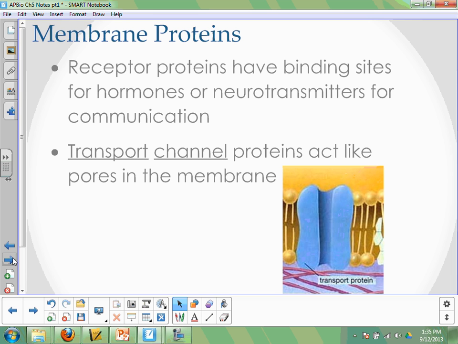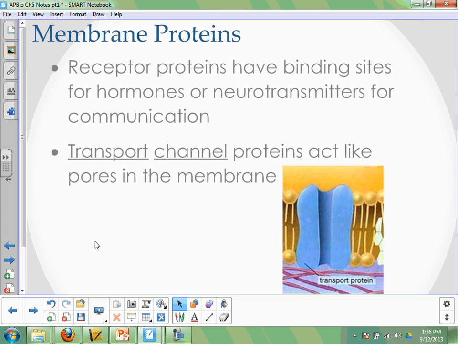And the third job is transport. We further subdivide transport proteins into two subsets. There are ones like in our diagram here, which is called a transport channel protein. It's basically like a tube or like a pore, where something can go from the outside of the cell and travel through the channel, through the pore, and end up on the inside of the cell, or vice versa,